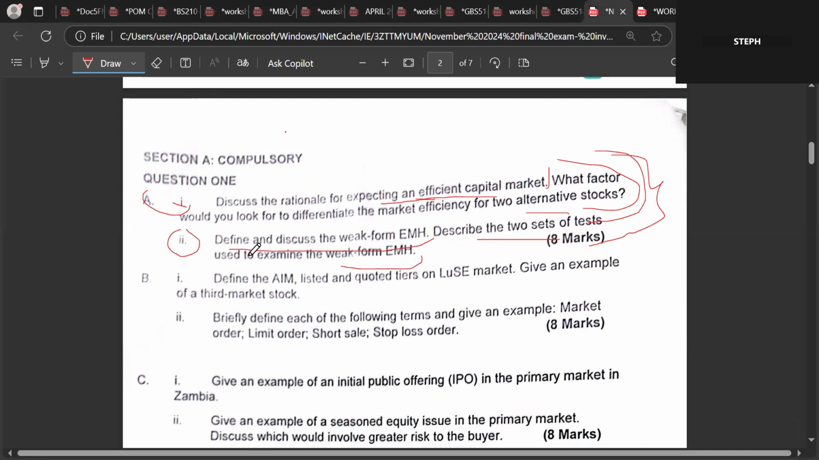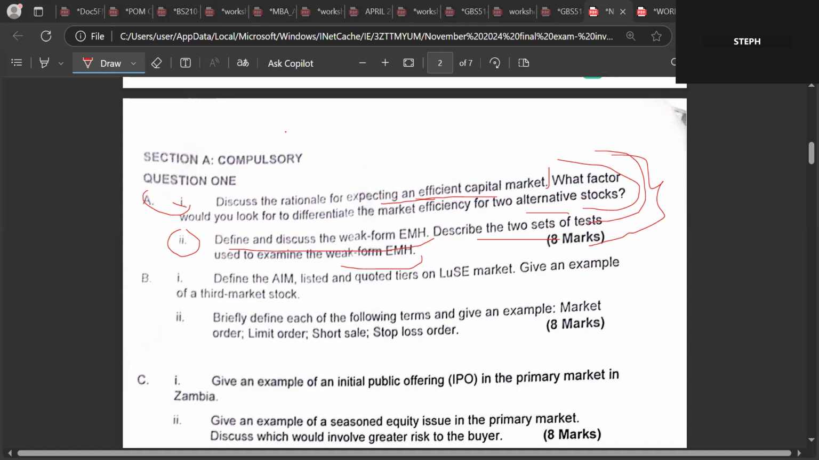What is the weak form EMH? To begin with, when you're looking at EMH, we're dealing with our efficient market hypothesis, right? We have three different types: the strong form efficiency, the semi-strong efficiency, and the weak form efficiency. So this one asks us to define and discuss the weak form efficiency, right? To begin with, the weak form efficiency is a form of efficiency where